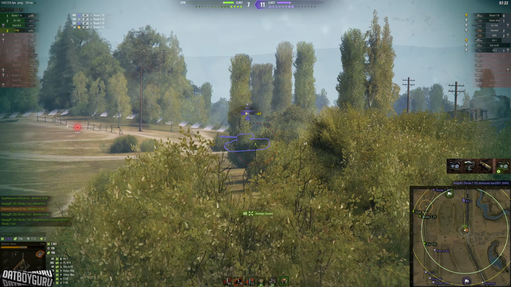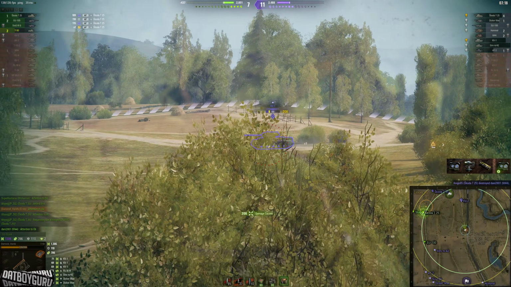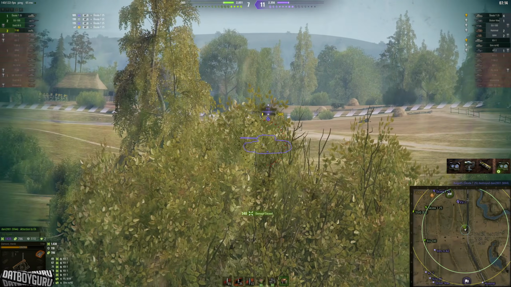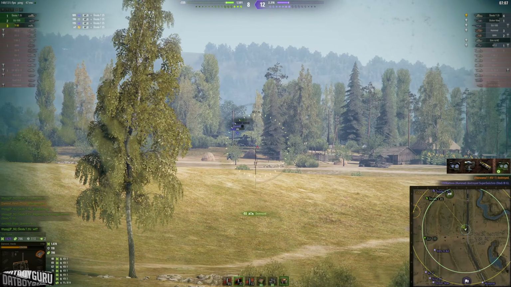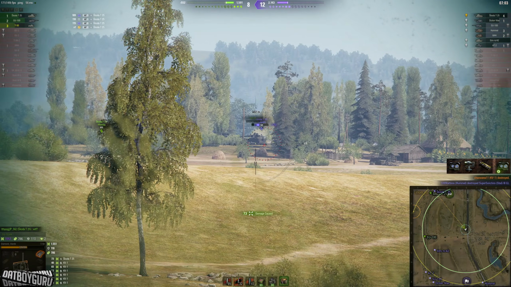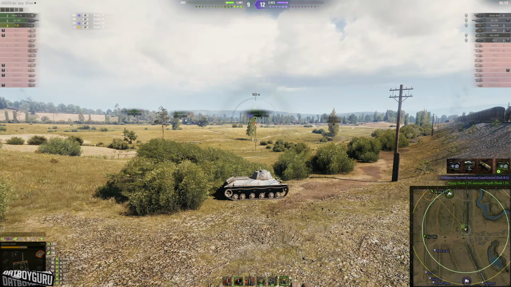Now I'm going to shoot through some bushes and eliminate this KV1. Look at me, just keep shooting at him every 2 seconds, but it still takes me a lot of time to finish him off. And even if I'm firing 100% premium shells, I am not penetrating a tier 6 heavy tank 100% of the time. So it is kind of a challenging tank,